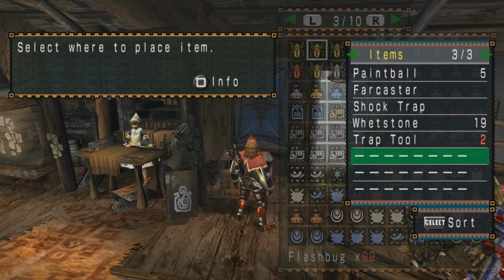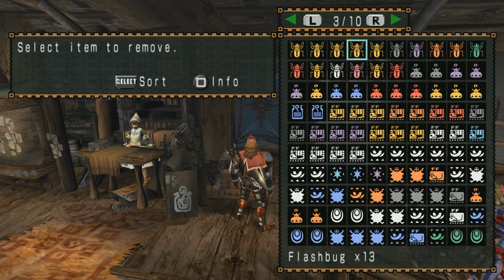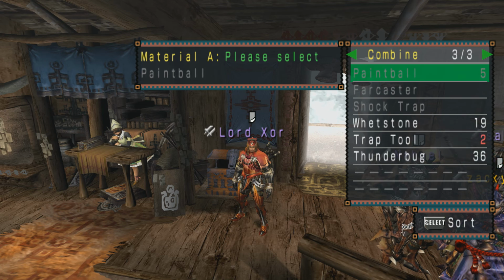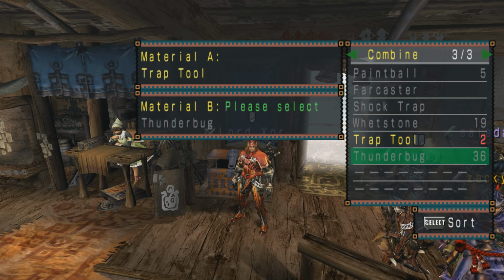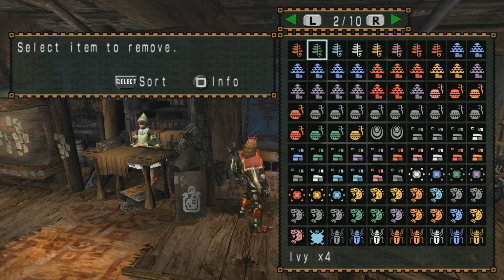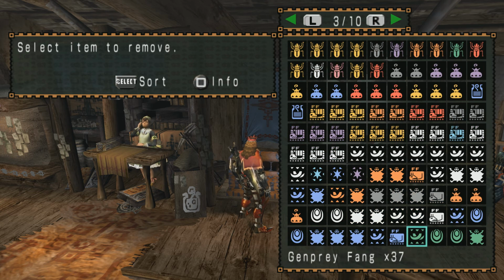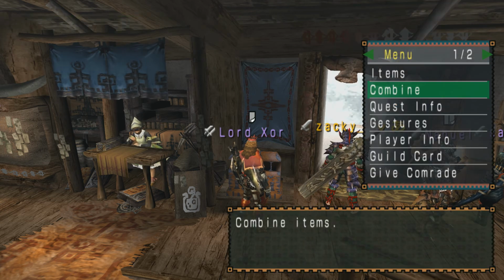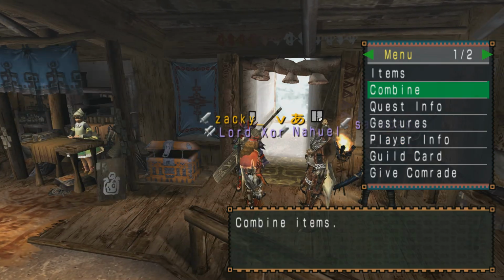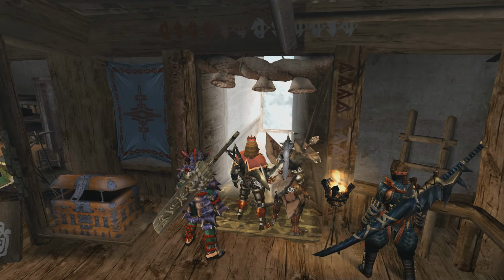But it is Thunderbugs in this game, right? Just making sure, because I think one of these games pulled a fast one on me, and it was actually, like, Flashbugs. Trap tool. Oh no, sorry, it's Gen Prey Fangs in this game. Completely forgot about that. Okay, so where are Gen Prey Fangs? Not here, here. It pulled even more of a fast one on me than I first thought. Anyway, there we go. We are now ready for Child of Destruction, who is the super strong Gold Rajang in